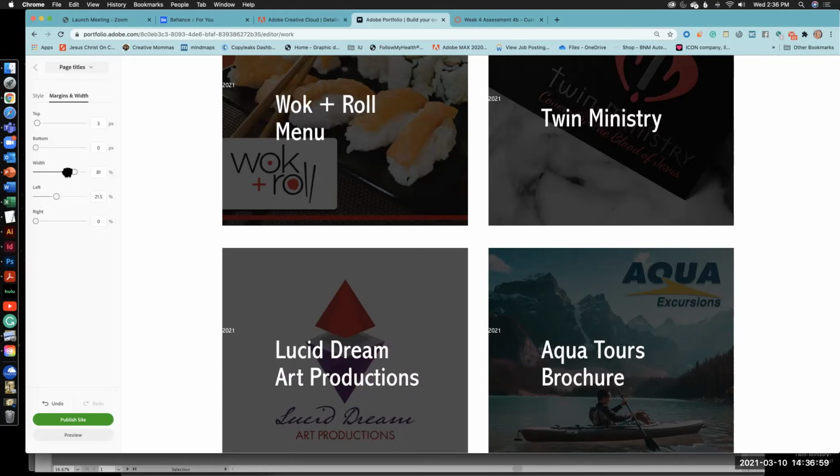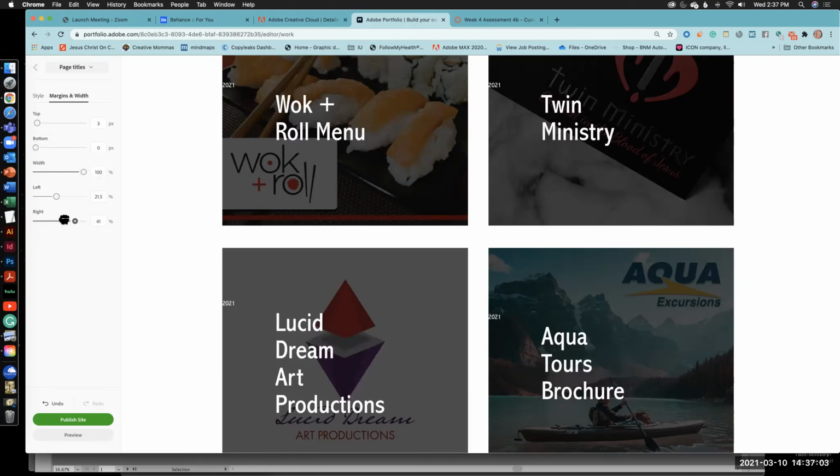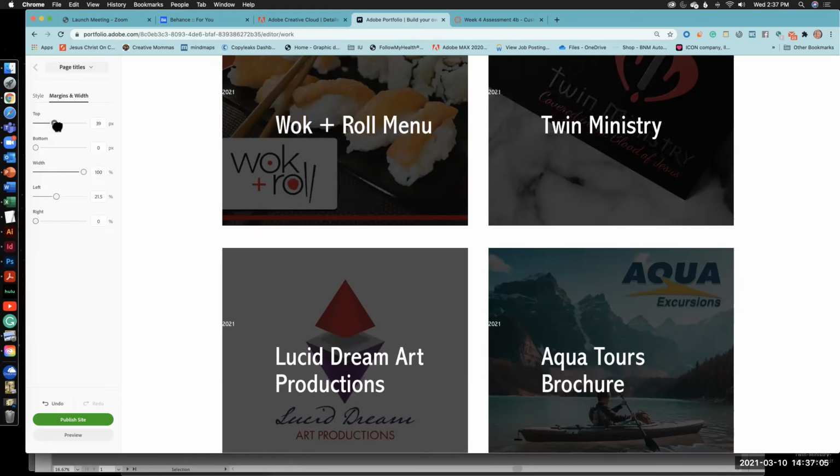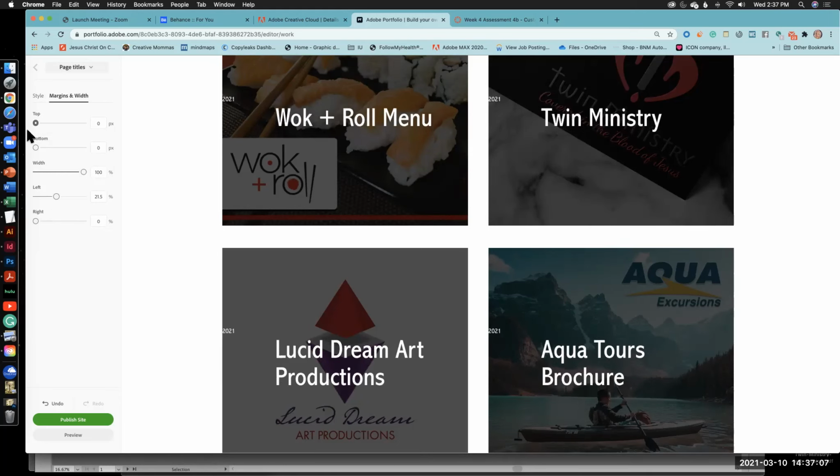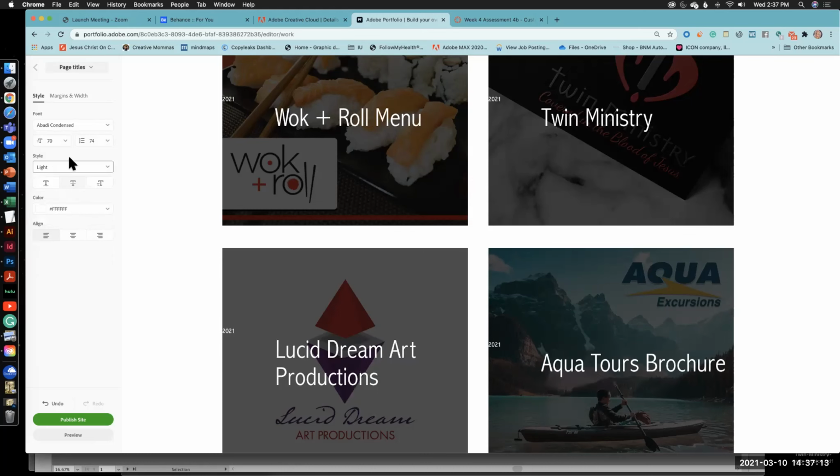Yeah, let's go here. And my right, I can add either way, top, bottom, whatever I want to do with that. But the style is going to be a body light. And it is going to be, let's say,